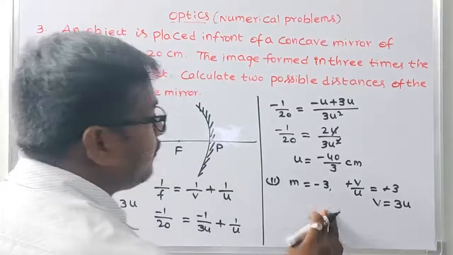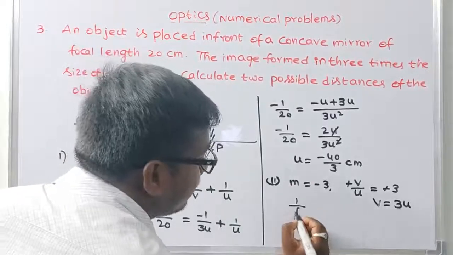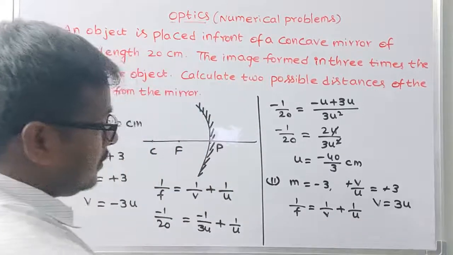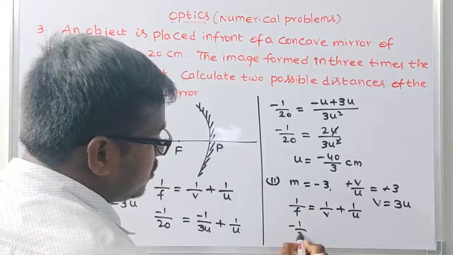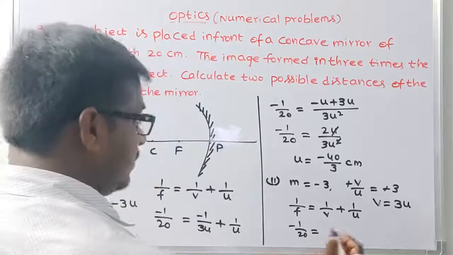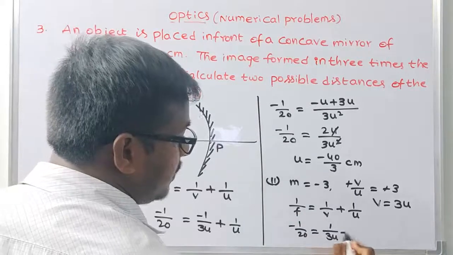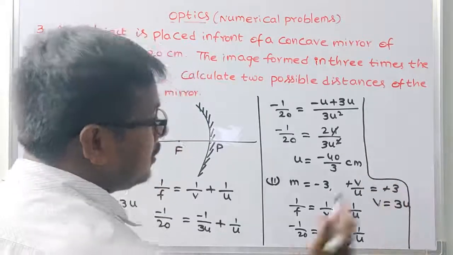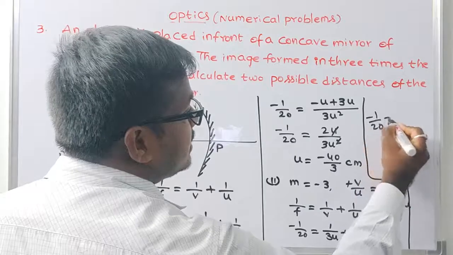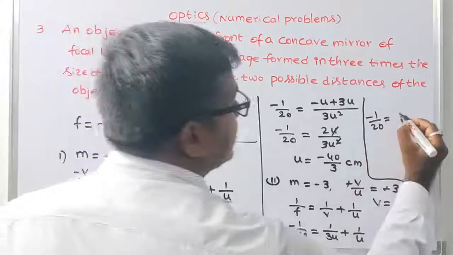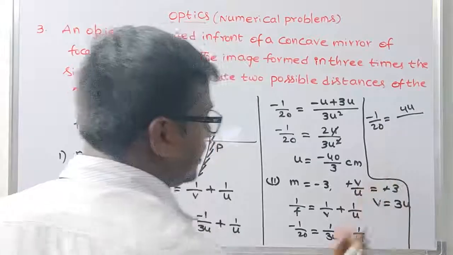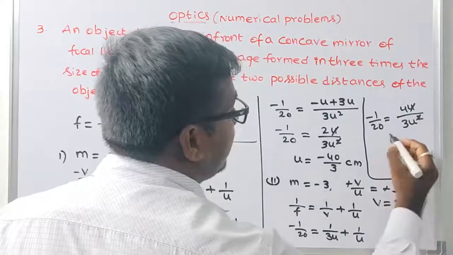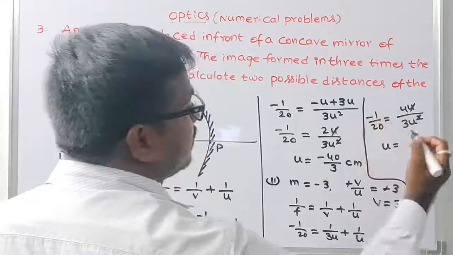By using the mirror formula, 1 by f is equal to 1 by v plus 1 by u. Okay, 1 by f minus 1 by 20 is equal to 1 by 3u plus 1 by u. So 1 by u minus 1 by 20 is equal to, take LCM, that is 4u numerator, next to LCM 3u square, u cancels, remaining u is equal to, cross multiplication, minus